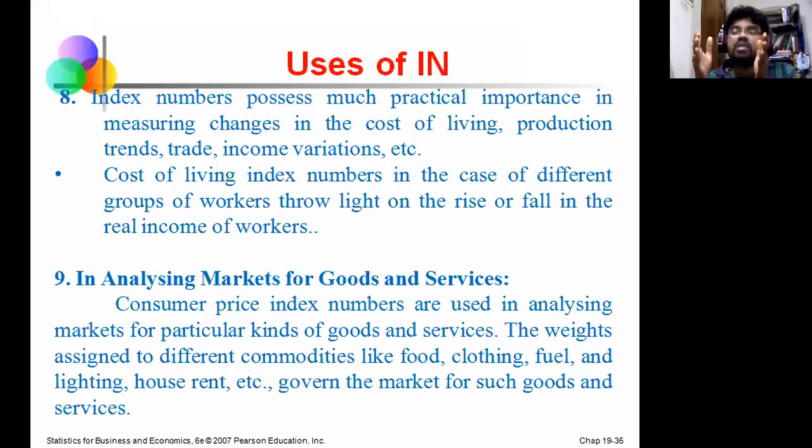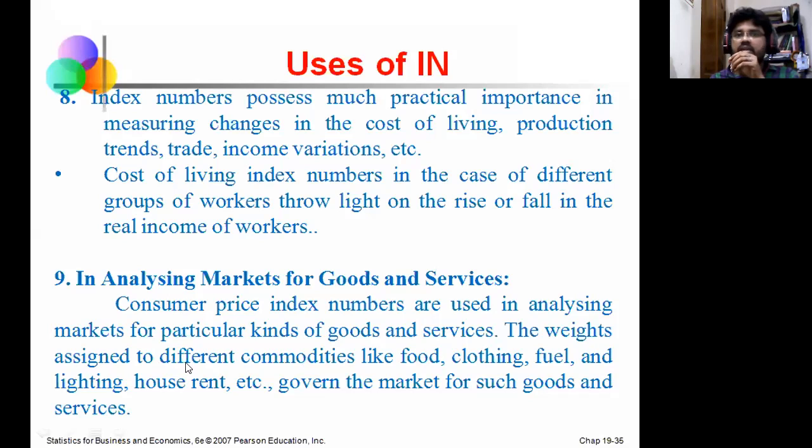Nothing but, for example, whatever you are consuming, for example vegetables, fruits, some other fuels or oil. These are the major commodities which they consider. On the basis of those commodities, they will express that the consumer price index is this much. That is a particular kind of goods and services. Each and everything cannot be included for consumers. For example, elite people may use different kinds of goods. That kind of goods cannot be considered in the consumer price index. Most of the people's preferred goods only are included in the consumer price index.